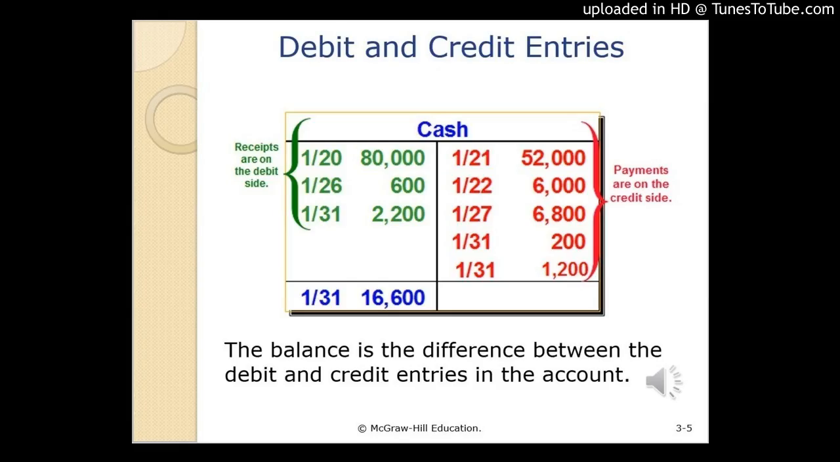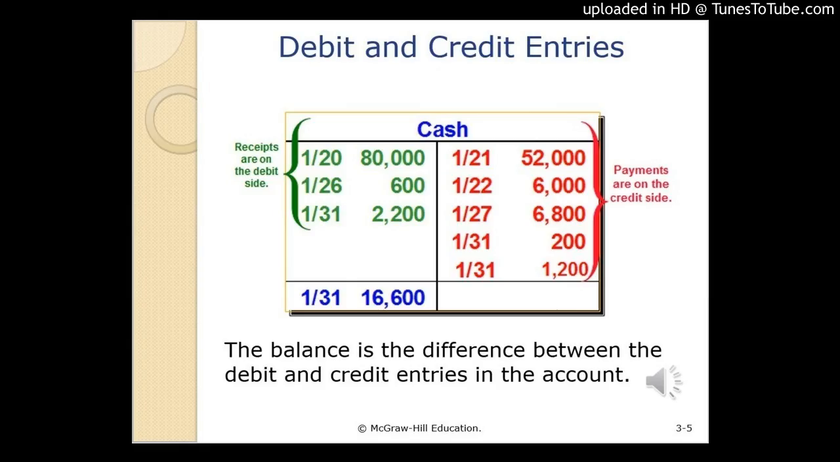What's the next date we have to deal with? It's 1/21. And that's on the right side of the account. So on 1/21, we had a decrease of $52,000 worth of that cash. So maybe on 1/20, we got a big customer payment, and on 1/21, we went and bought a bunch of materials with it. Because we are increasing the right side of this account, it's called crediting it because it is